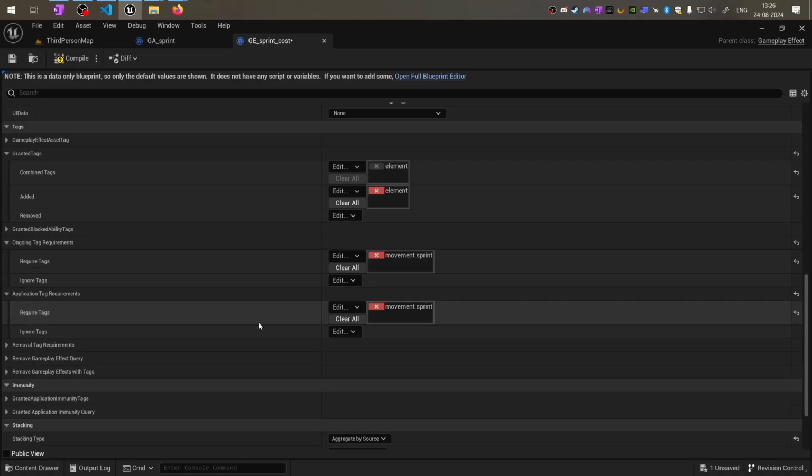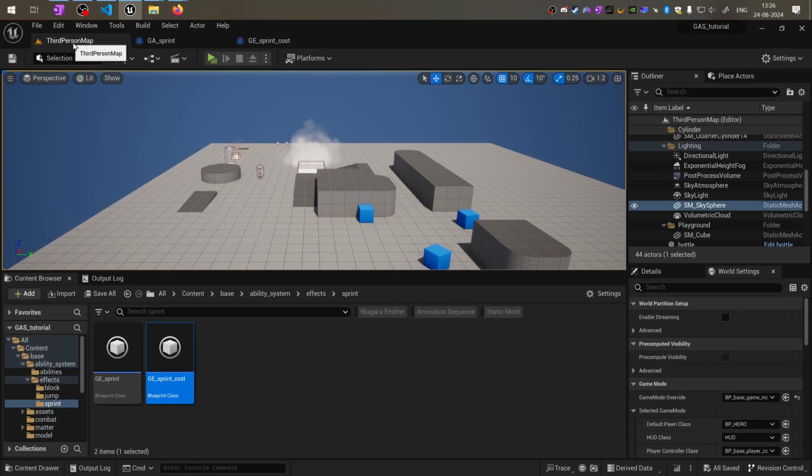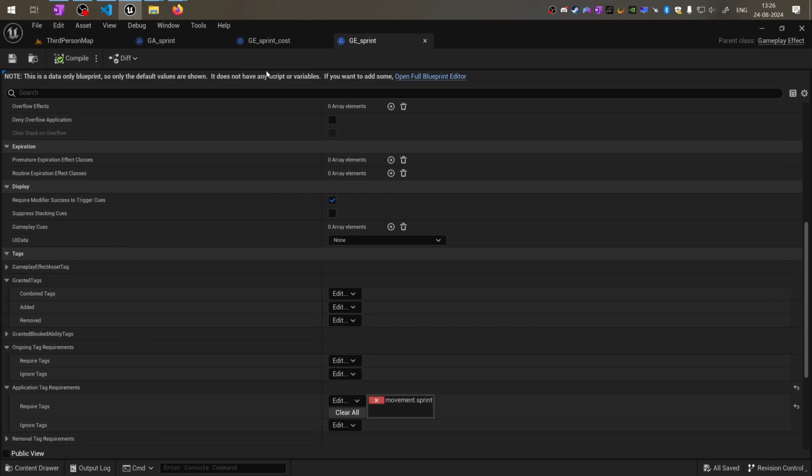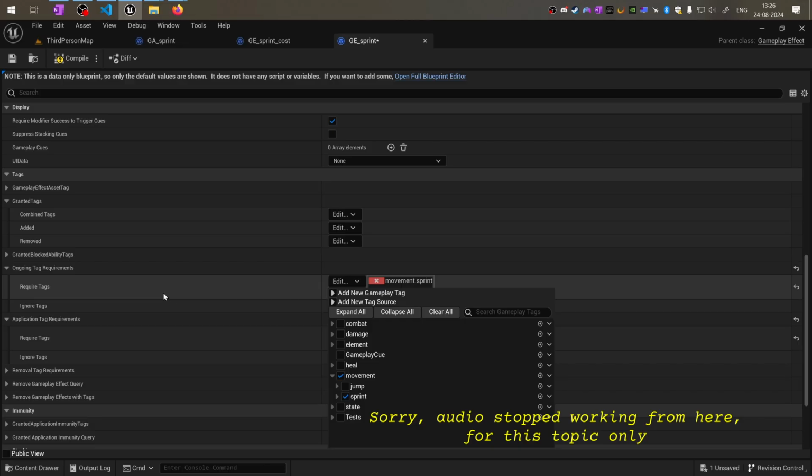In a similar manner, I shall add this movement.sprint tag in the ongoing tag requirements. So the ongoing tag requirements property dictates that this effect is operated only if this tag exists on the ASC actor, just like the application tag requirements. So we can do the same for the ongoing tag requirements in the gameplay effect sprint as well. I shall add the movement.sprint tag, and so